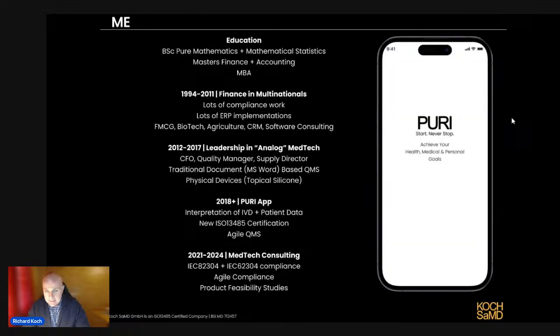A little bit about me. Won't go into this in a lot of detail, but I think one of the probably relevant points is my undergraduate degree is actually in pure mathematics and mathematical statistics. So a lot of the math behind these AI ML algorithms and the code are based on the same sort of theories and mathematical techniques that I learned, unfortunately a long time ago.